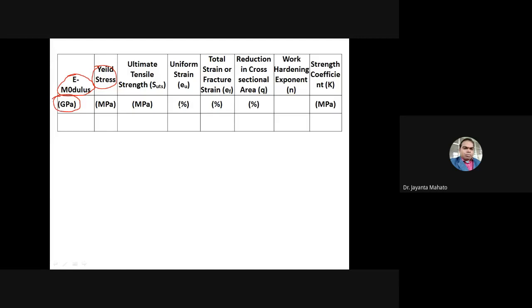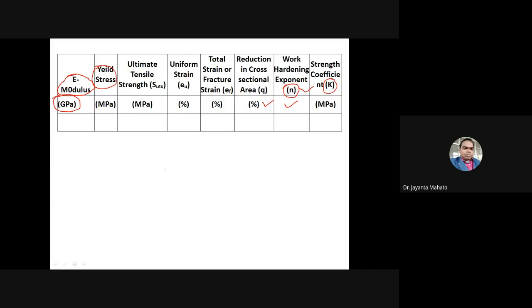Uniform strain in percentage, total strain in percentage, reduction in cross-sectional area in percentage, work hardening exponent, that is n, which has no unit, and strength coefficient. I will tell what is n and what is K, the strength coefficient. So all these tensile properties can be measured from tensile test raw data.